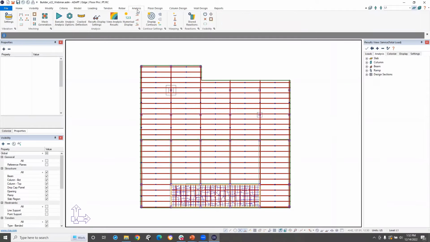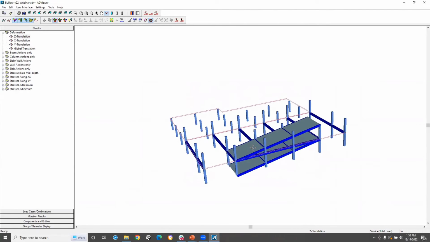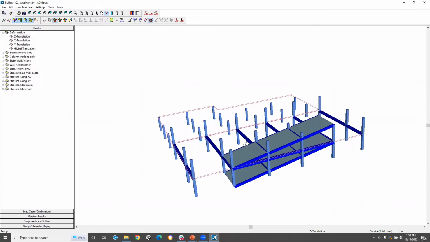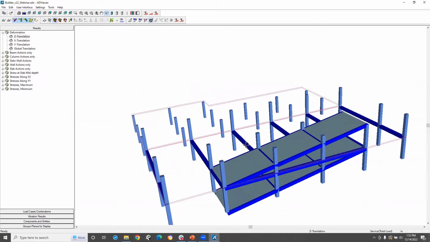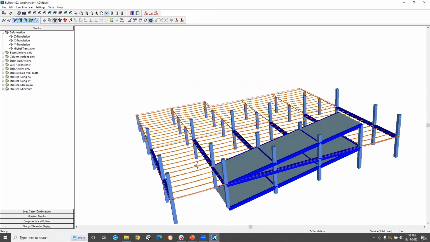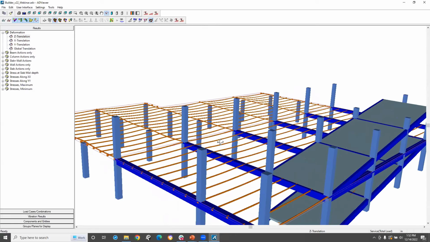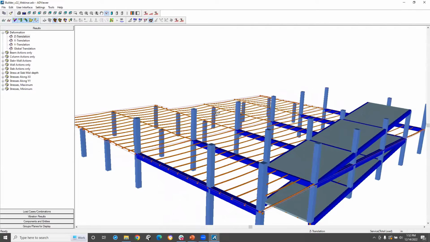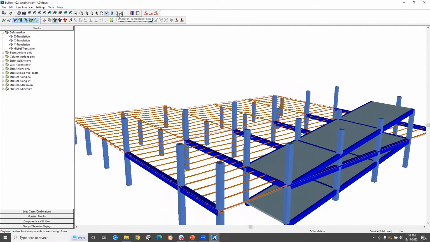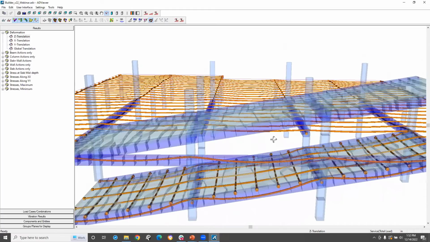For those of you who didn't know, there is a view analysis results viewer. I don't use this all that often because I just like the pretty deflection side of things. But in here, what's nice is this actually shows the analytical model. So if I go ahead and turn on my tendons, these aren't just the physical tendons as we modeled them. These are actually analytical tendons as the program is recognizing them, which, no surprise, builders have been able to do in one-way and two-way slab design for years and years. If I turn on my shaded display here, we can actually see these analytical tendons within the ramp now,